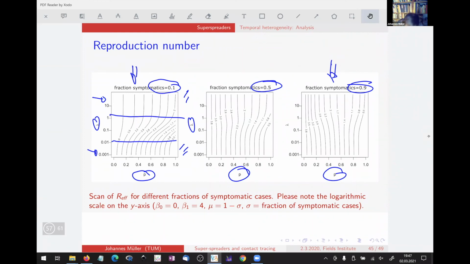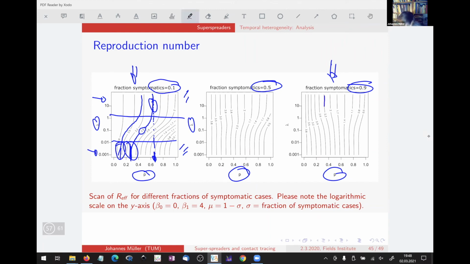And now we have here a curve. And if we, for example, follow this curve, then on this combination of parameters, we always have the reproduction number 2.9, which means without super spreading, we need something like 0.65 as the tracing probability to reach a reproduction number of 2.9. But with super spreading, we need only 0.3, say. And so obviously contact tracing is much more effective. We need a lower tracing probability with super spreading than without super spreading. So if our curves bend to the left, contact tracing is more effective with super spreading, as we discussed before.